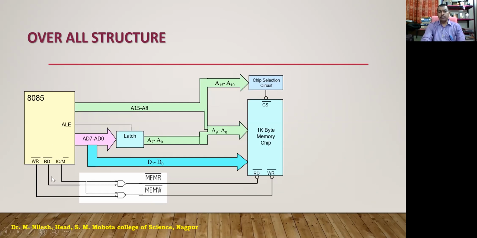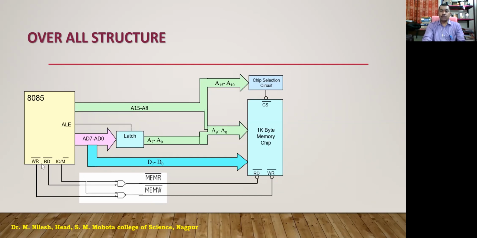if you are able to see over here, this read terminal is low, which implies that the data is to be read from the memory location, and the data is to be taken from the memory location for processing in the microprocessor 8085. So this data bus is going to control that. This data bus is going to give the data to write, as well as this data bus itself is going to read the data. Means whenever the data is to be taken from the memory to the microprocessor, this data bus is going to be active.